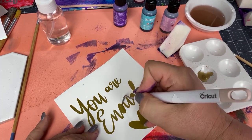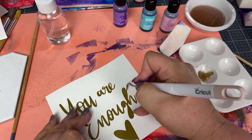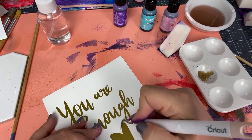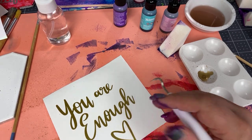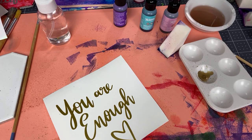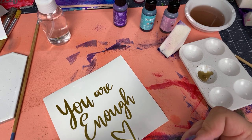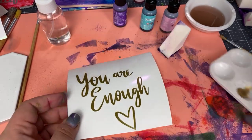And again, all of these images are in Design Space. So all you need to do is find them, or you can pick up my free file after the video and just use them. When you find a file from me, open it up in Design Space and do a Save As, saving it to your edition of Design Space, because you might have to rename it. I think my file this time is called You Are, because I wanted it to be encouraging: you are this, you are that, you are enough, you are loved, that sort of thing. So here is You Are Enough, and it's on